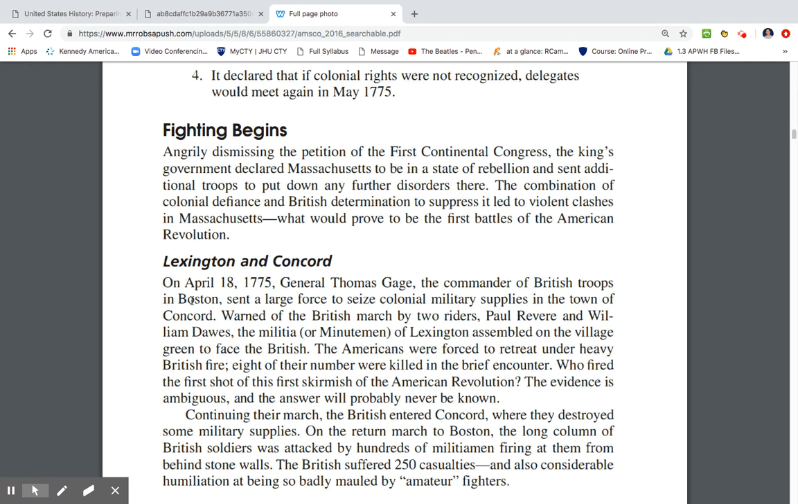Who fired the first shot of the first skirmish of the American Revolution? The evidence is ambiguous, and the answer will probably never be known. So Lexington and Concord, first shots of the American Revolution. What you end up getting here is the British are trying to seize